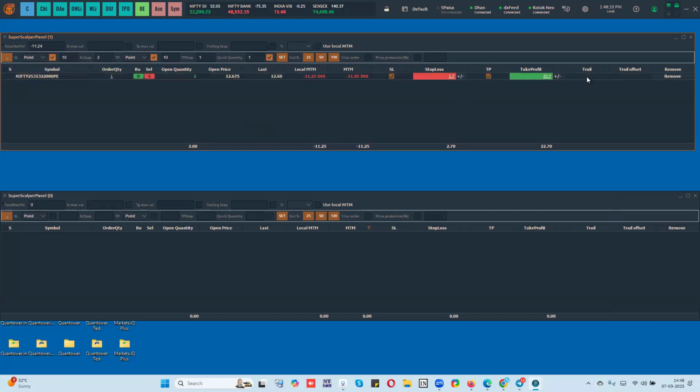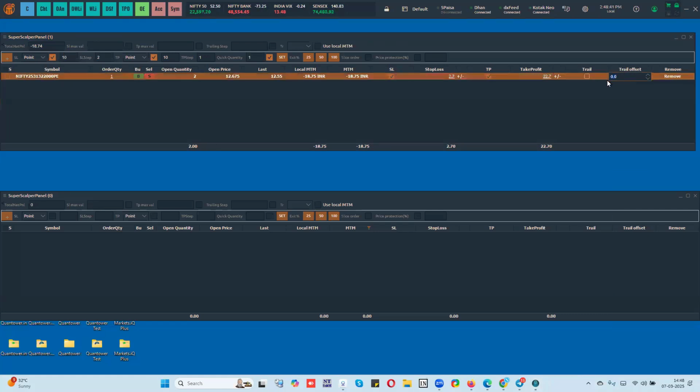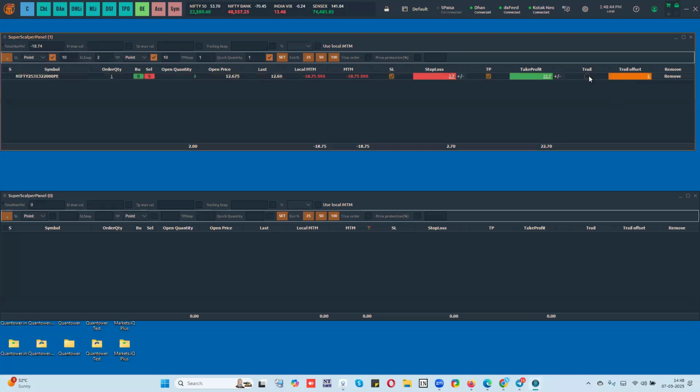Okay. I also have the option to trail the stop loss for this particular symbol. So what I can do, I can select 5 points. Okay. And I will enable the take profit trailing. What will happen in this case is that this 2.7 will move and maintain a distance of 5 points. So if I click enable, now automatically it moved from 2.7 to 7.5 because at that particular time the price was 12.5. And now as and when the price gets higher and higher, it will start modifying my stop loss and maintains a distance of 5 points.